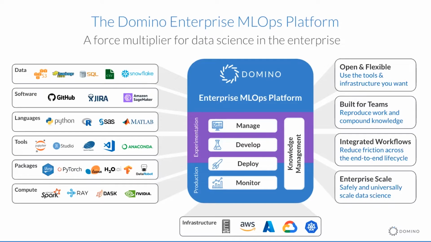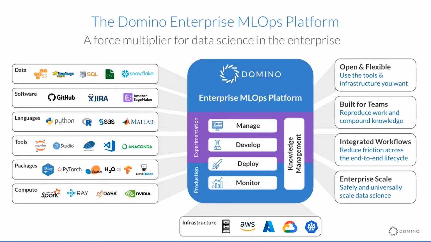So while you do have disparate data science teams that are free to use their preferred tools, packages, and infrastructure, all aspects of their work are centralized and orchestrated through Domino, a system of record. So users can basically onboard quickly, find previous work easily, collaborate effectively, and reproduce experiments seamlessly. And Domino is able to provide the security, the governance, the compliance, and all the elements that are required to scale data science safely and universally across an organization.